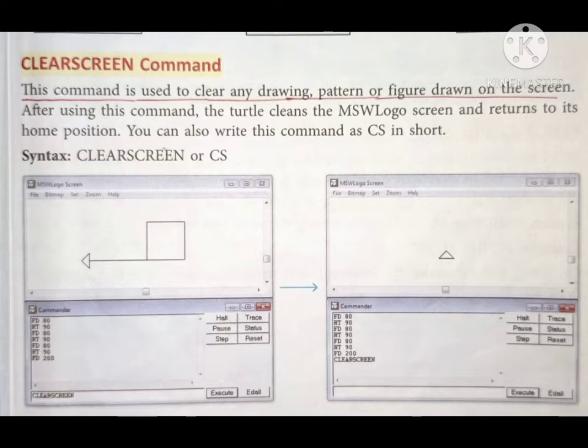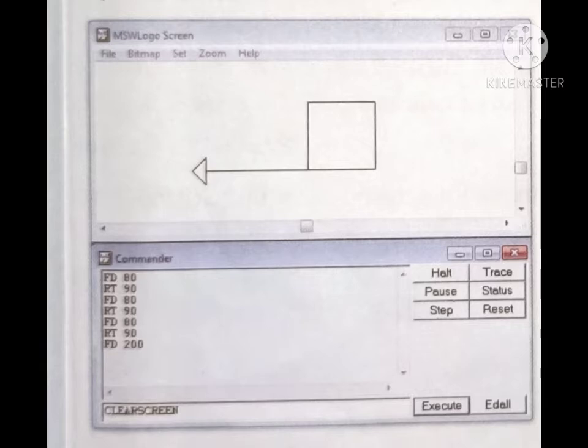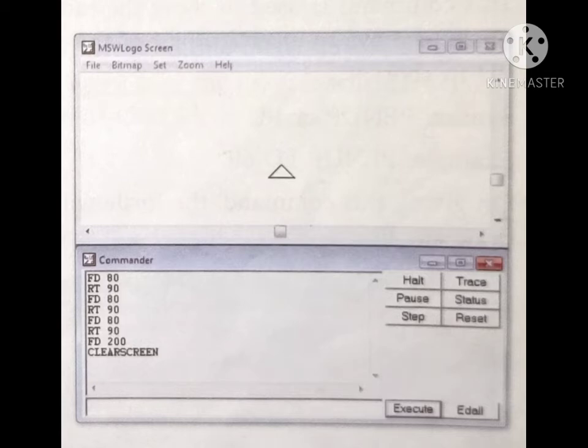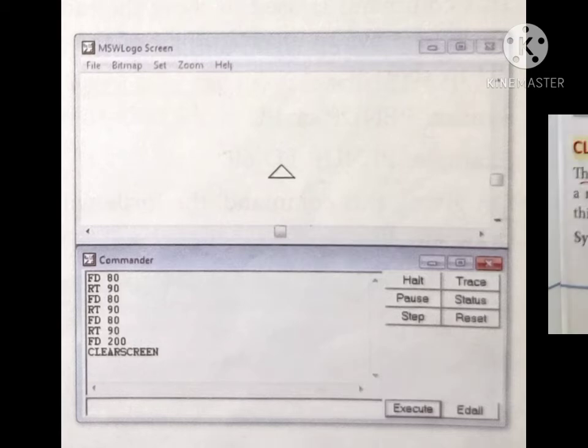So the clear screen or CS command is used when you wish to clear the screen after drawing something on the screen. You just have to write clear screen or CS in the input box. The turtle will clear the screen and it will return to its home position.